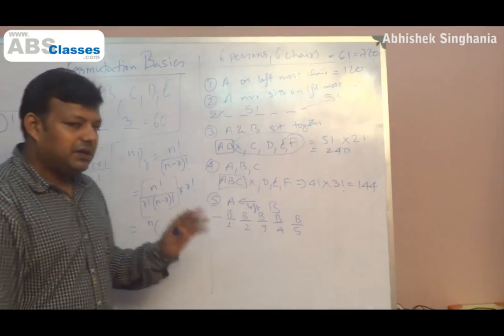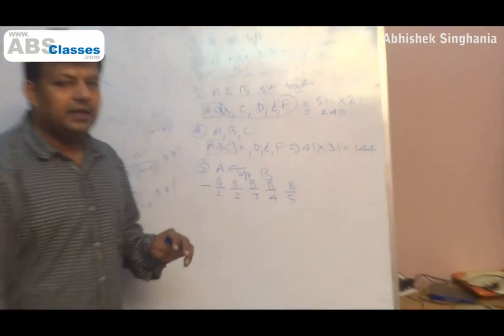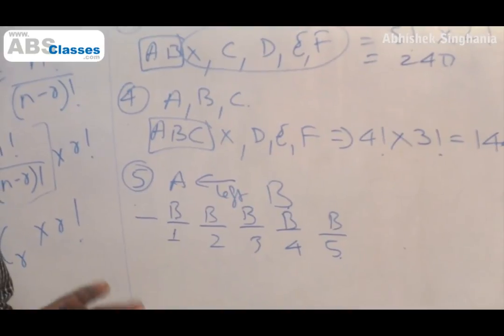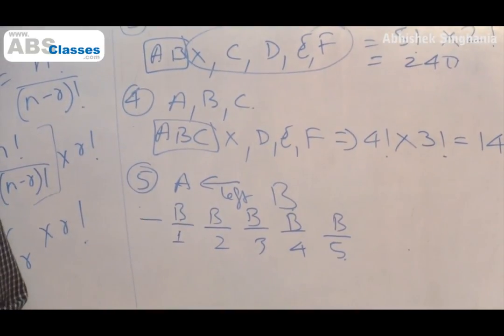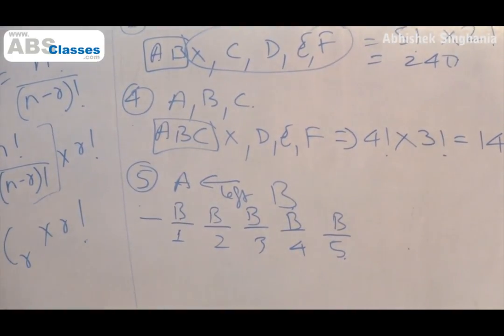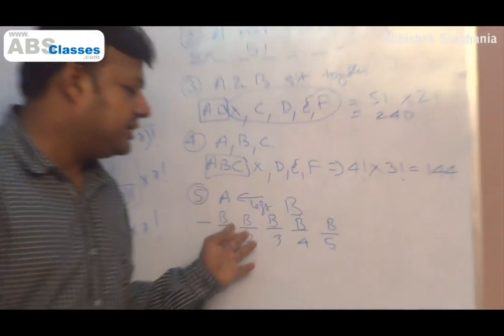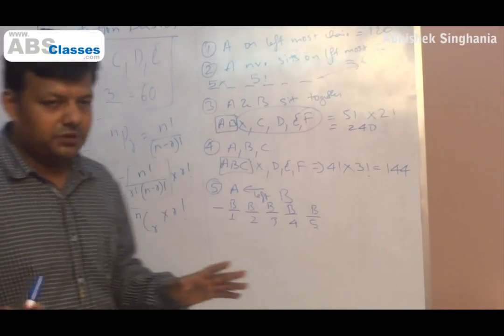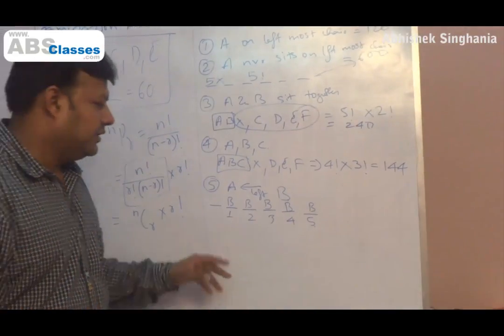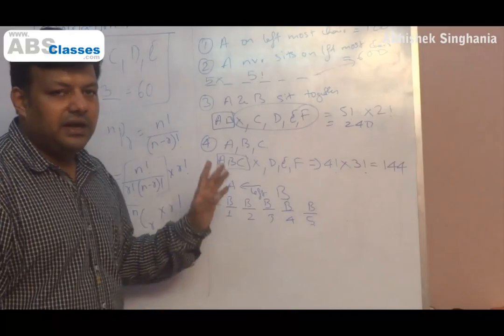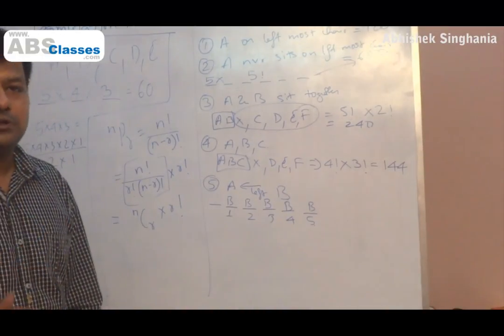Now, understand one thing: these cases are not simultaneous and cannot occur parallelly at the same time. These cases are alternatives. Only one of them will take place. B cannot obviously take the first chair, nor the last chair. It's next to impossible for any human being, generally. So B will sit in one of the remaining positions, and in every position, he will have multiple choices. But he will